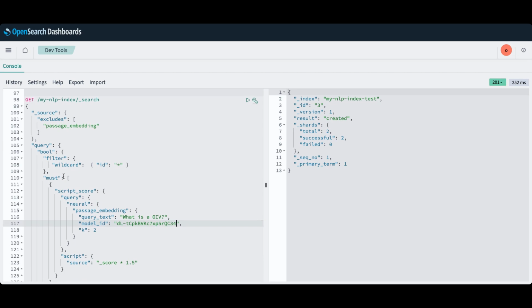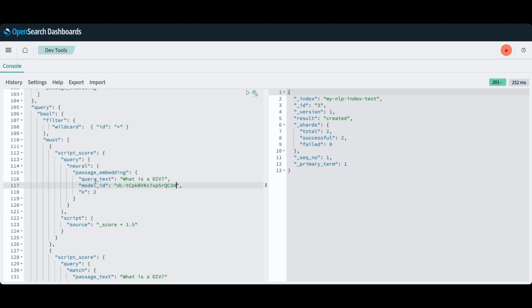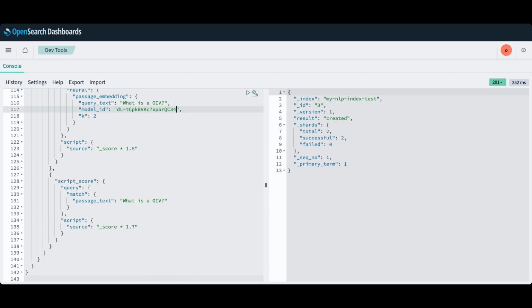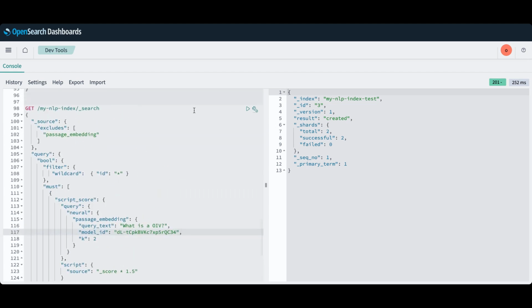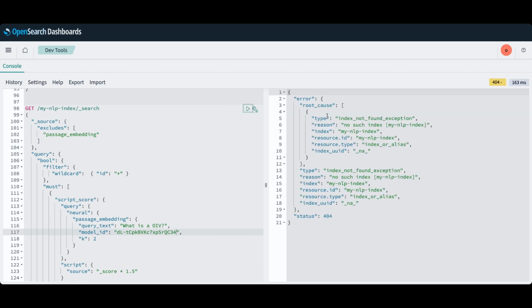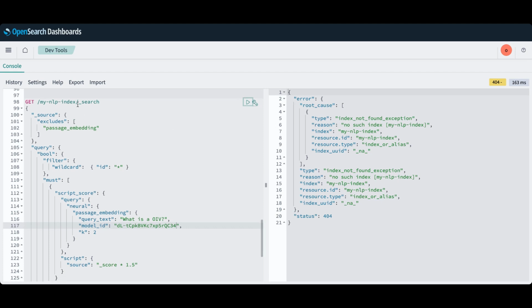And after, for each file, we check if we get a good script score for what is OIV, and also if it matches. So now if I run it with k for KNN at 2, we'll have, sorry, I forgot to change the index, which is not this one, but test.